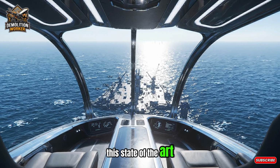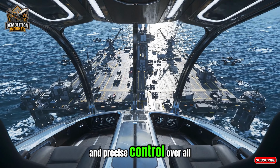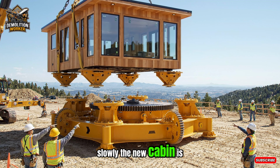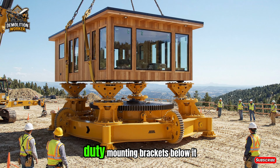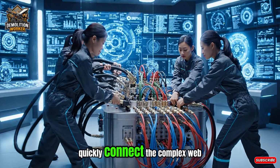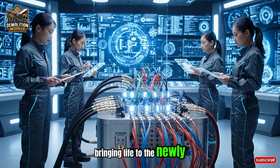This state-of-the-art cabin will provide the future crane operator with unprecedented visibility and precise control over all lifting operations. Slowly, the new cabin is lowered onto the recently installed rotation base, aligning perfectly with the heavy-duty mounting brackets below it. Technicians quickly connect the complex web of electrical cables and thick hydraulic hoses, bringing life to the newly installed